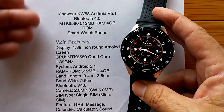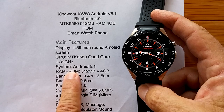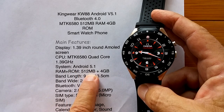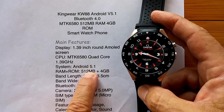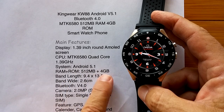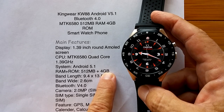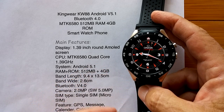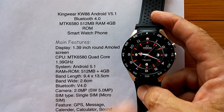This is the KINGWEAR, and look at the specs. One interesting thing to note is the RAM and the ROM. It's got 512 megabytes of what they call RAM, which is really internal storage. This is the place where your apps live when you install your applications on here. And ROM is 4 gigabytes, and that's not really ROM either. 4 gigabytes is like your external memory, but you don't have a way to put in an external SD card. So it's kind of the other part of the partition where you can put your music and pictures and videos